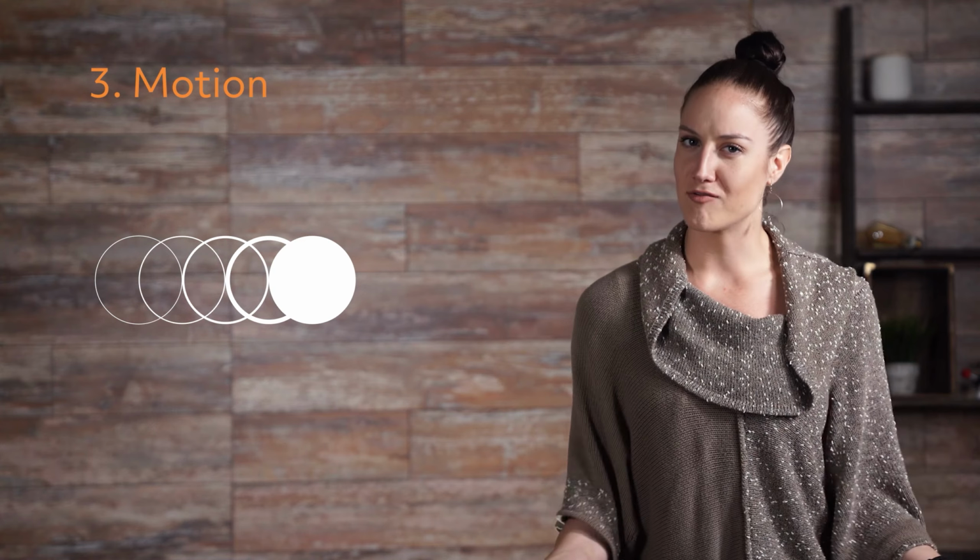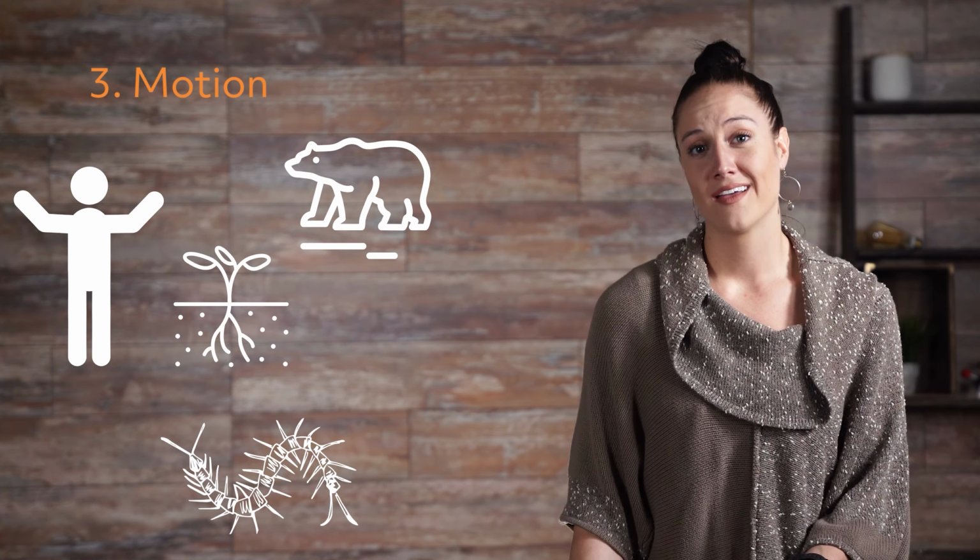3. Motion. Every living thing moves. This may seem like an obvious observation with organisms like humans, animals, insects, but plants move as well. And I'm not talking about them being moved by the wind. They actually move on their own. Leaves turn to face the sun, flowers open and close, and climbing plants literally reach out until they can grab